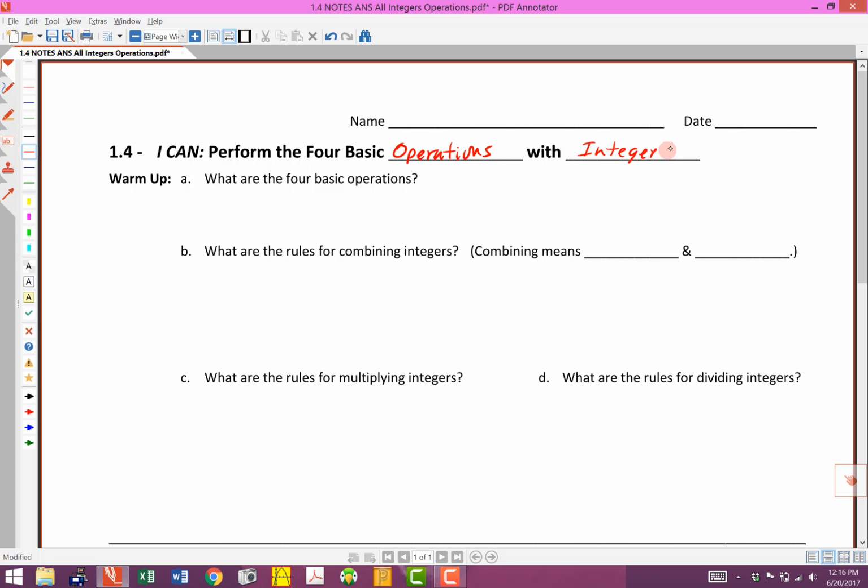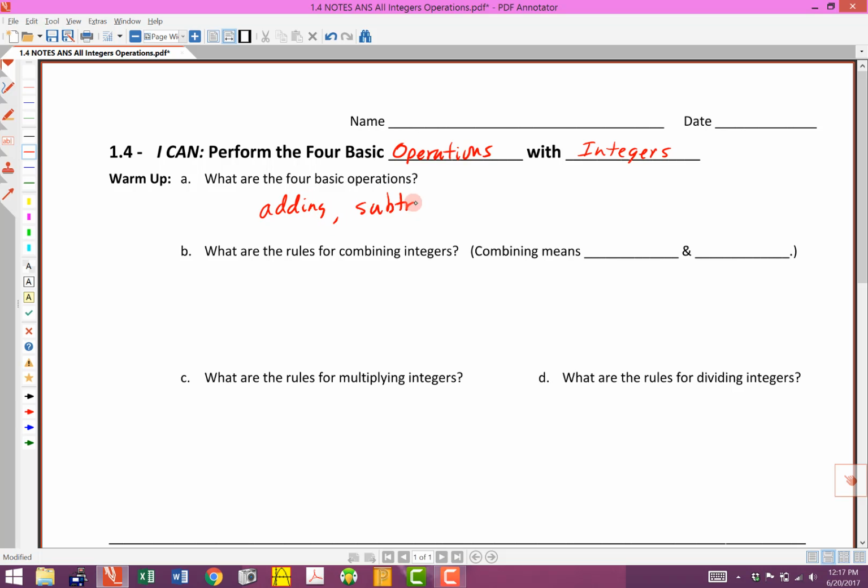Got to have these down, got to have them memorized, what they are, how to work with them in different situations and that sort of thing. So what are the four basic operations? So when we say operations in math, when you hear the word operation, you might think a surgery or something like that. But when we talk about the four basic operations in math, they're things that are very familiar to you. So the first one is adding,